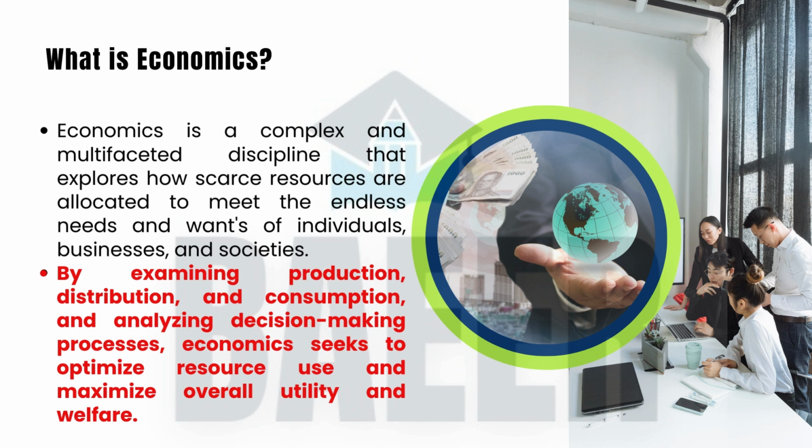Let's understand with the help of an example. Think about making a pizza. First of all, a pizzeria has some money and makes a decision to produce pizza by using dough, cheese, and toppings. This is called the production of pizza. In the next process, the pizzeria sells pizza at the shop or delivers it to your home. This is called distribution of pizza. And in the next step, you and your friends have some money and make a decision to buy and eat the pizza at home. This is called consumption of pizza.